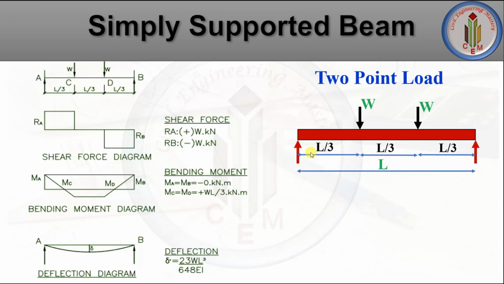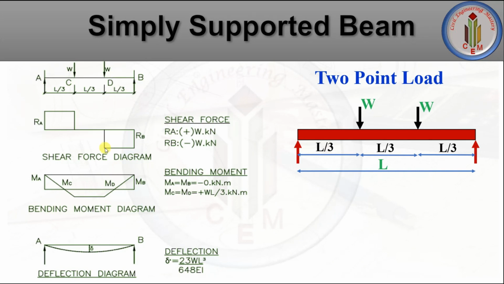So we are dividing the beam into 3 parts and the load is acting at 2 points. In this case, the shear force diagram would look like this. See, it is upward, the load is going upward, and then again it is coming downward. First the reaction is upward, it is positive, RA is positive W kilonewton, and then it is downward. The load is acting downward, so it is downward, and there is no load, so it is a straight line,